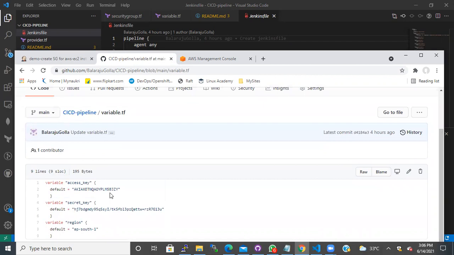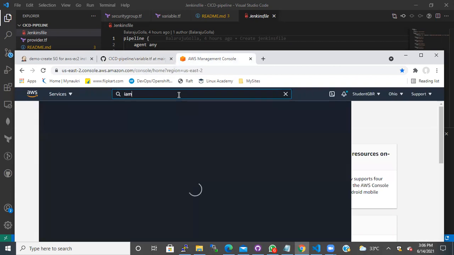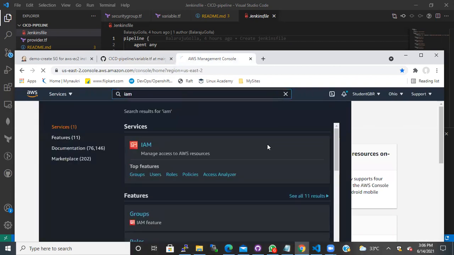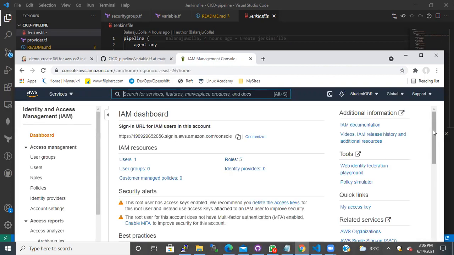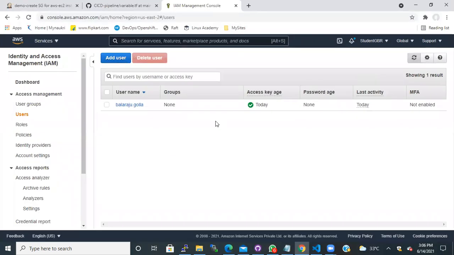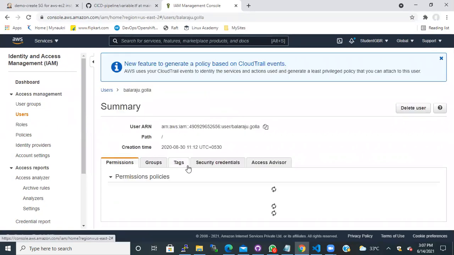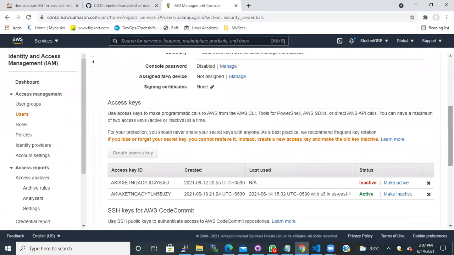Access key 5PJZY. My credentials are correct.